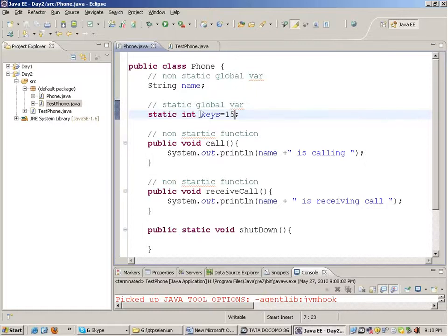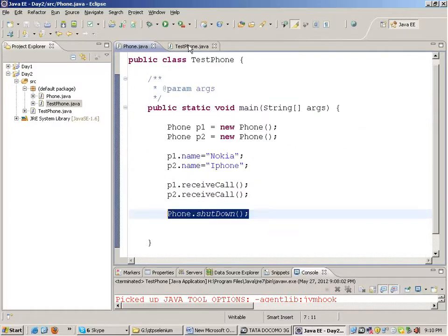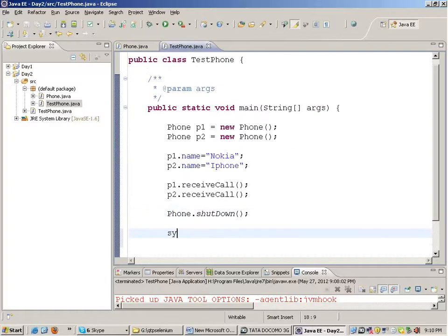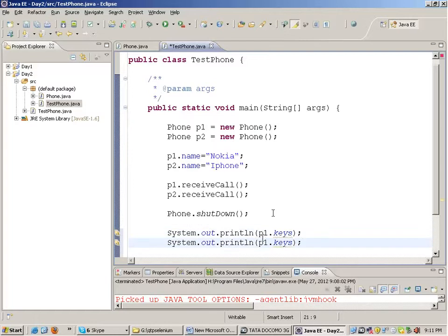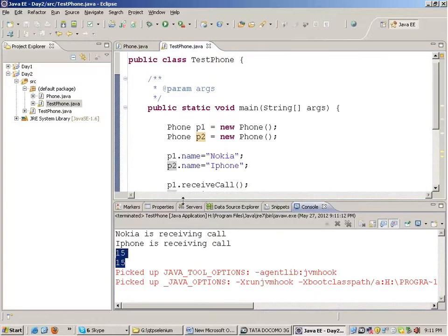That's it. Then the keys will be static in nature. So all the phones will have 15 keys. If I write over here system.out.println p1.keys, you should not call a static variable with the help of an object, but I'm just giving you an example. Okay, p1.keys and p2.keys, and if you run this, then this prints 15 and 15, which is absolutely right.